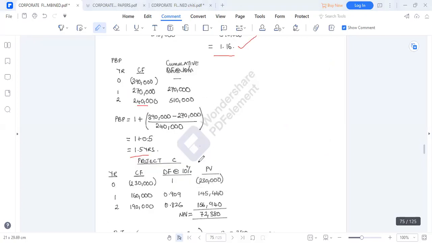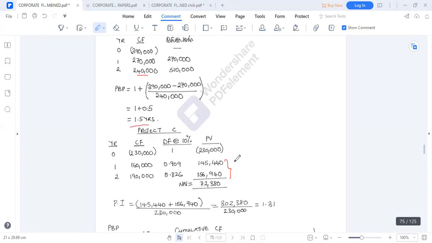Then we go to project C, the same, the discount factors. We calculate our NPV, 72,000. Then we add these ones up, we're getting 302. We divide 302 over 230. We're going to get 1.31. So this one,